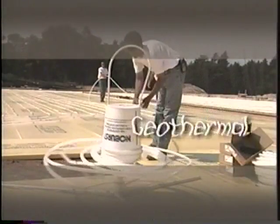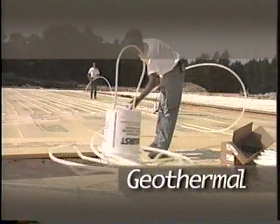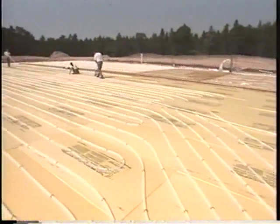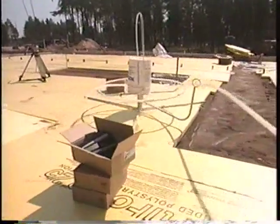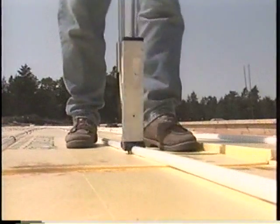The principal benefit of the geothermal system is that we're taking about 2/3 to 3/4 of our total energy free from the ground. This will be a 17,000 square foot metal frame building for Jackson Electric Cooperative. And this building is going to be heated by geothermal heat pump equipment with closed ground loop. And right now we're in the process of laying the radiant floor tubing, which will be embedded in the concrete floor. And then the heat pumps will generate hot water, and that'll be circulated through the floor to heat the